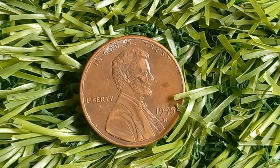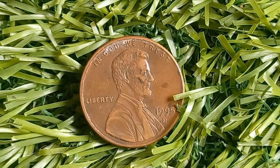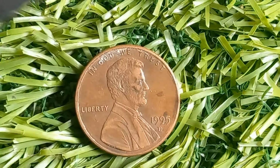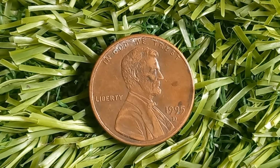To start, let's look at some of the background behind this coin. The 1995 Lincoln penny was minted in both Philadelphia and Denver, and it was produced in large numbers. You might think that such a high mintage would mean there's little value in these coins, but certain factors have made this particular year and mint mark special. The 1995 D penny is recognized for a few unique characteristics that can elevate its value, especially if it's found